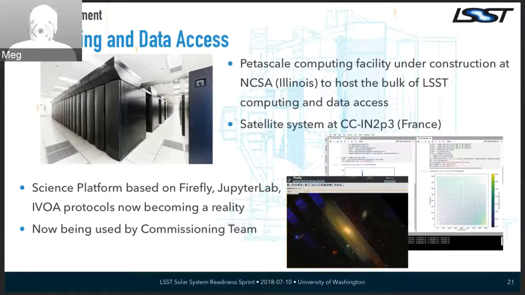In addition to all the code, I just want to point out quickly, data management does other things too. The petascale computing facility that is being built to support LSST data processing and data access is under construction at NCSA in Illinois. This is again coming out of the data management project. There's also a satellite system being built at CCI and 2P3 in France, which will be part of the LSST